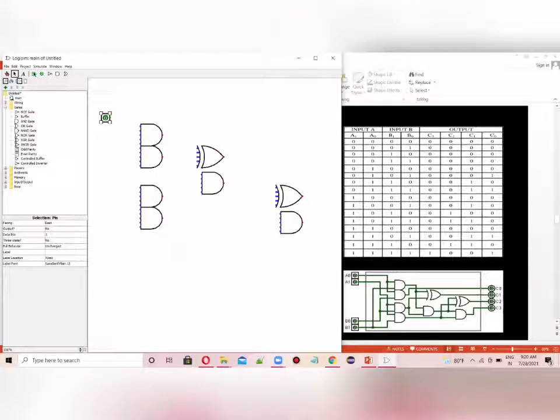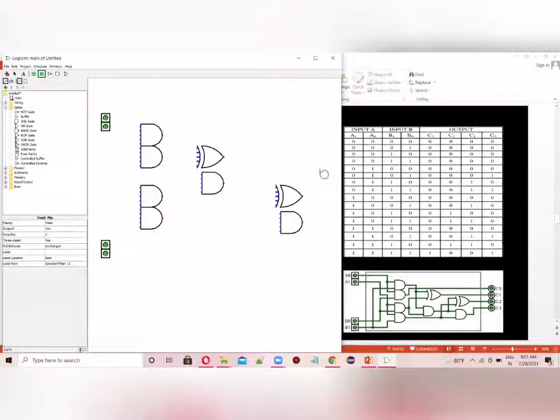Now let's take the inputs. Let's take the A inputs here, so A0 and A1 will be here. And let's take the B inputs here. So now it's done. Now let's take the outputs.